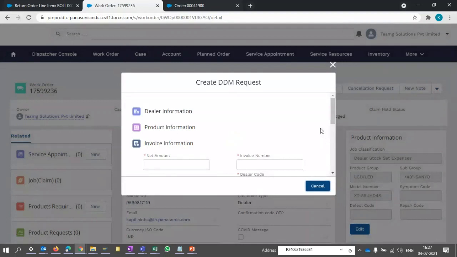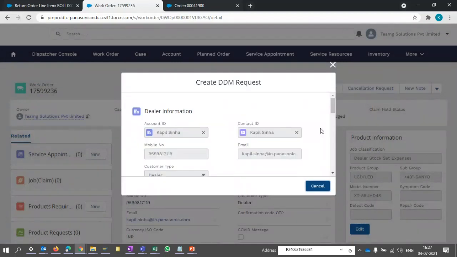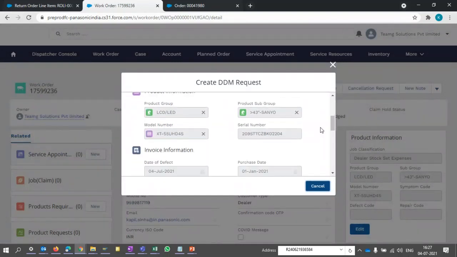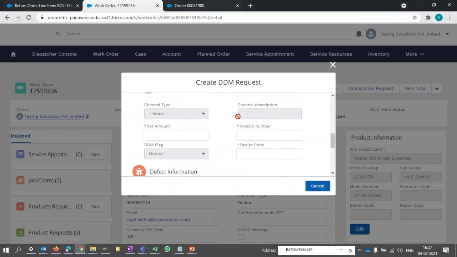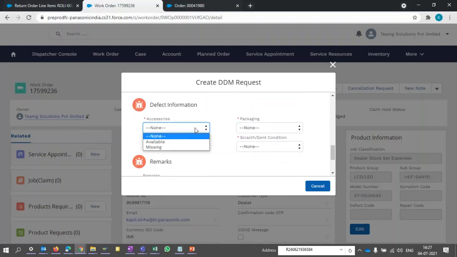There is no change in Salesforce with respect to DDM and customer replacement. It is the same as it originally came from SAP. So journal type is coming as client. Okay, it will come by default. You have to enter the amount, which will also come. Since the module is manual, it will come like this. So you have to enter the information.